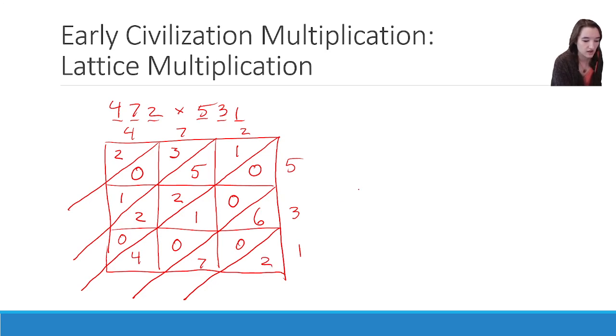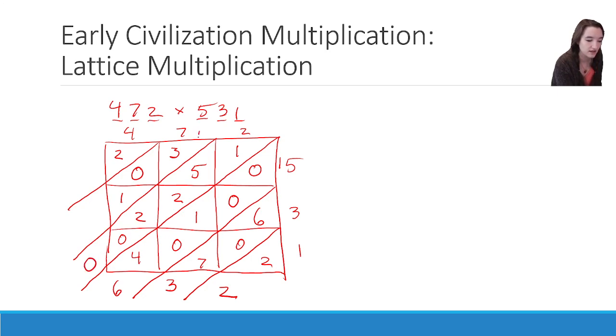So now we start adding along these diagonals. This first diagonal right here just has the 2 in it. This will be a 2. Next, 7 plus 6 is 13, which means we're going to carry a 1 into my next diagonal. 4 plus 1 plus 1, plus a whole bunch of zeros, but 4, 1, and 1 are the important ones here. That gives me 6. Then 2 plus 2 is 4, plus 5 is 9, plus 1 more is 10,